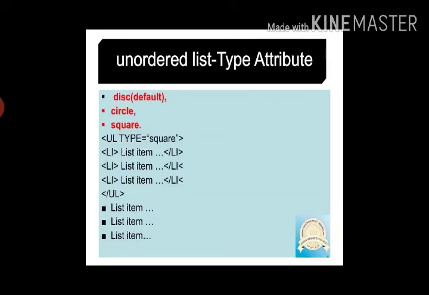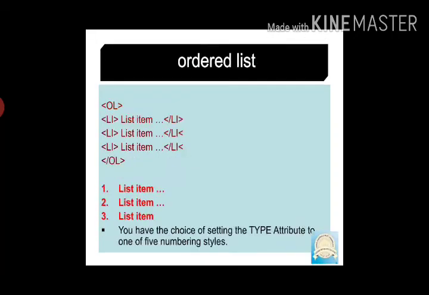For the unordered list, we use a type attribute which defines how to see the list marker. It has three possible values: disk, which is the default value, circle and square. The example I listed here is using a list item with list marker square for displaying the list marker as square.